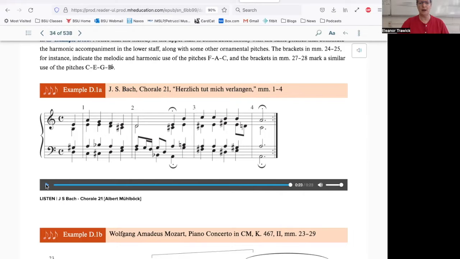We'll talk a little bit more about this example in a minute when we put it into a category along